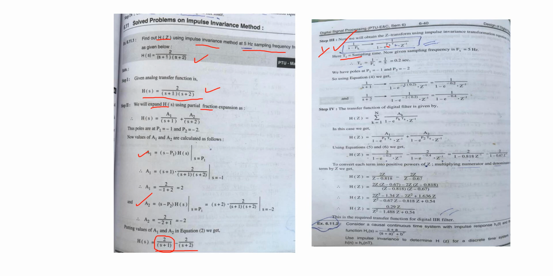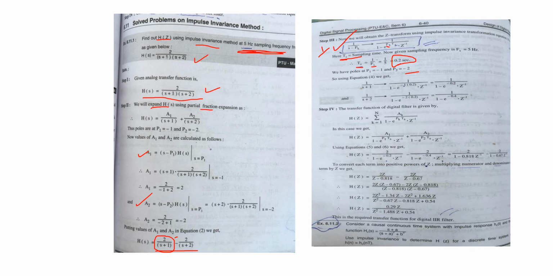So in this numerical we have sampling frequency given as 5 hertz and Ts is sampling time. We know this sampling time is 1 upon sampling frequency, so this is calculated as 0.2 second. If this sampling frequency or Ts is not given, then you can assume Ts to be any smaller value. Okay. Then from this we know the poles are minus 1 and minus 2.